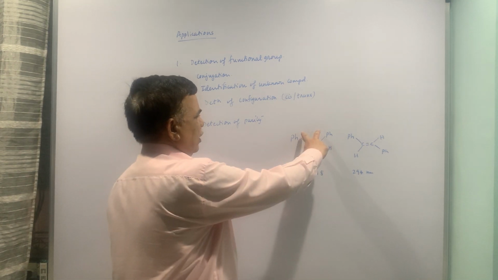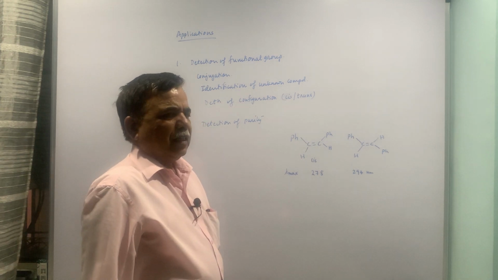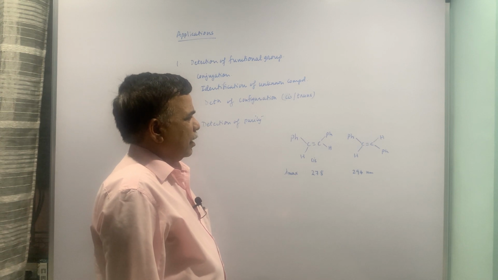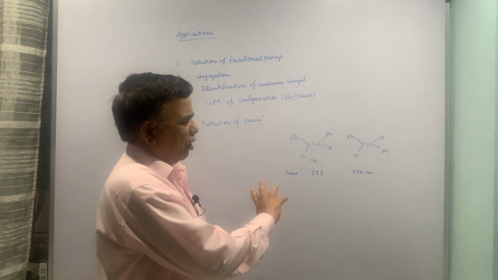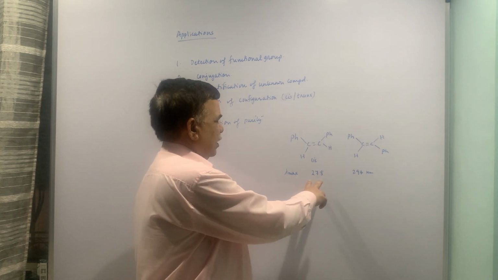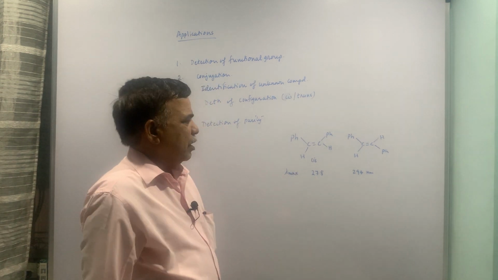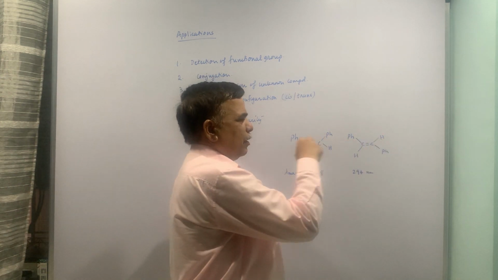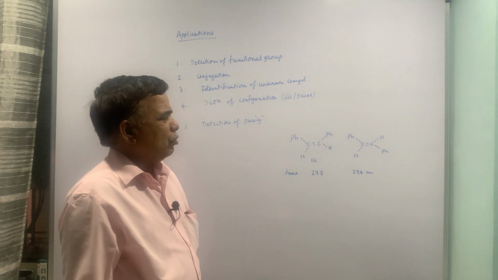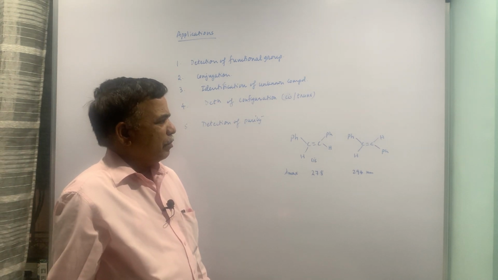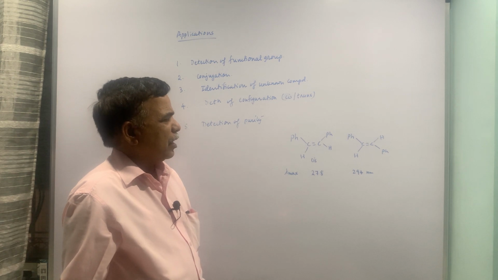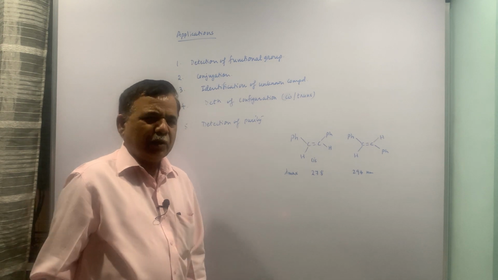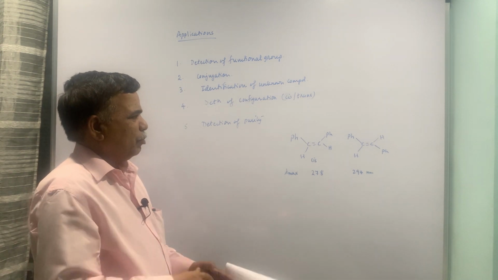Now in first compound these two groups are in proximity, so there will be a repulsion between the bulky groups, and that is causing the loss of planarity up to certain extent, and the pi to pi star transition becomes more energetic, so lambda value is less. In this case the extent of conjugation is maximum because there are two bulky groups exactly in the opposite direction, and that is a favorable situation where energy would be less and the lambda would be high.